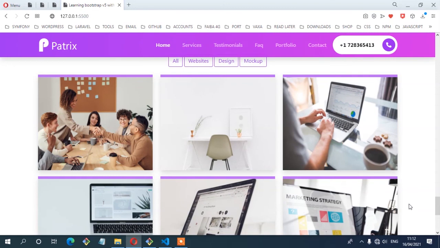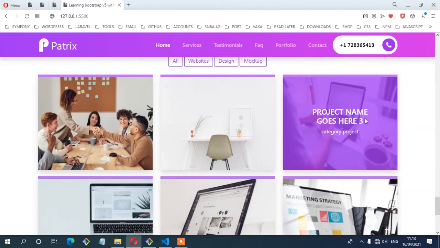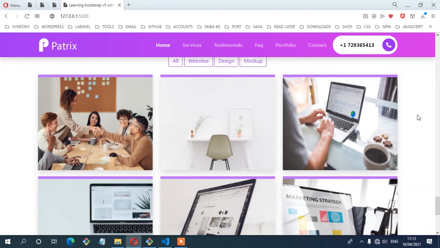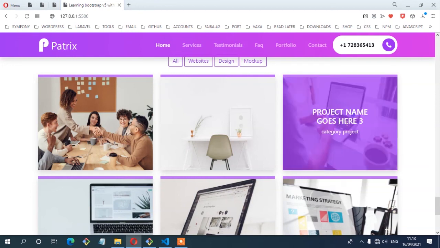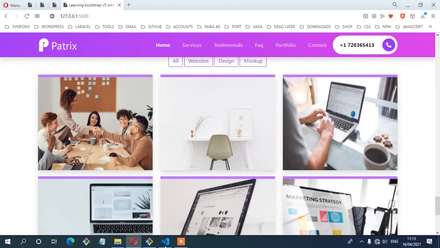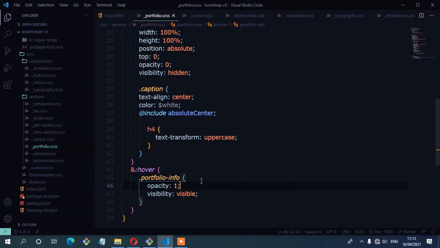So something else I'm going to do is to create a transition which you're going to apply on the hover effect. So you can see once you hover the portfolio item, that hover is so dry. So let's create a transition so that we can have that smooth hover effect on the portfolio items. So here we're going to create a mixin which you're going to reuse where we need to use that transition. So I'm going to open that mixin,